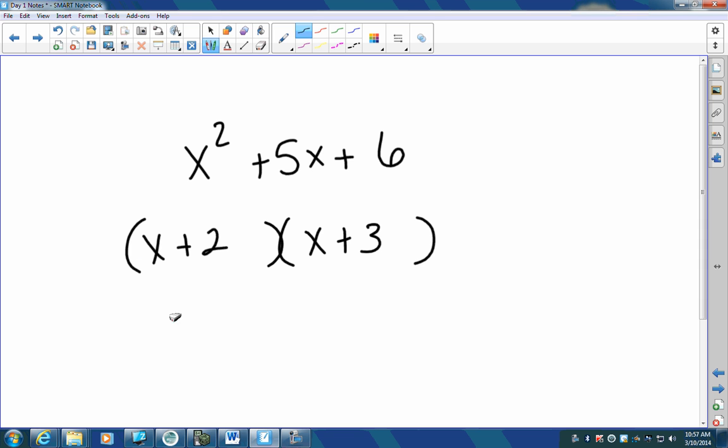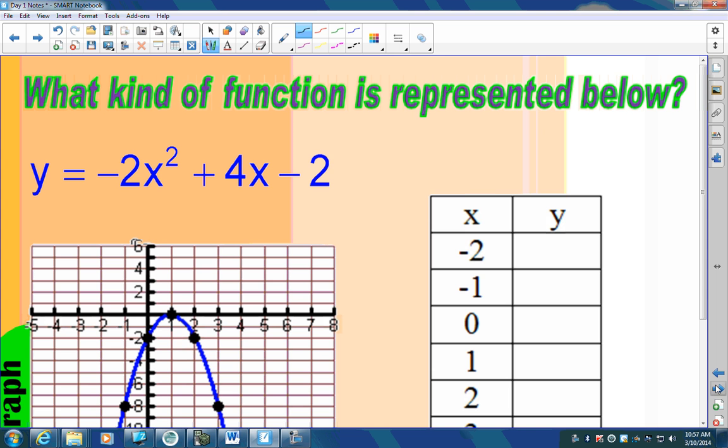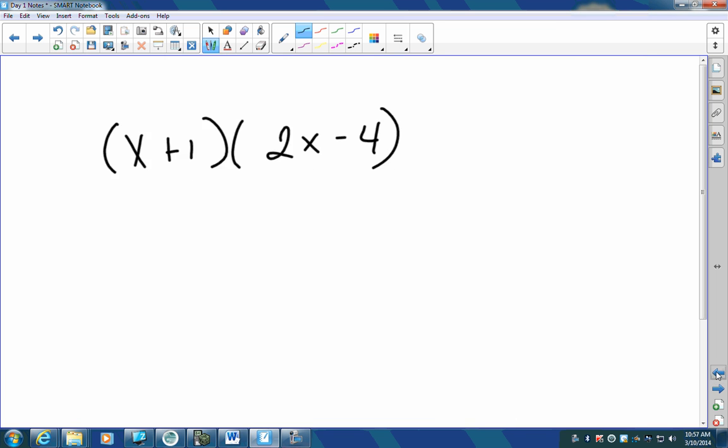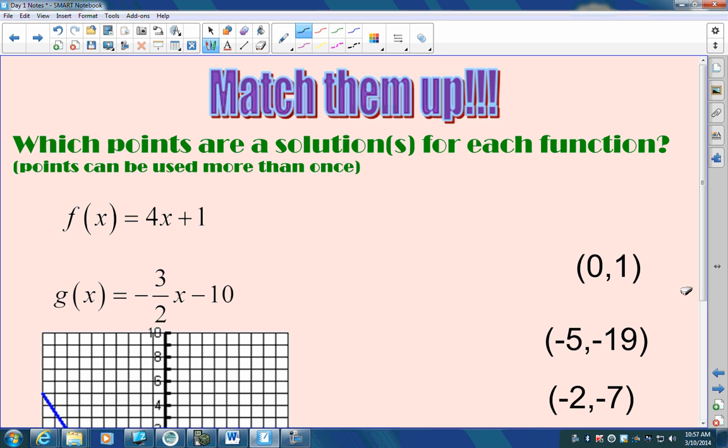Now what we have to do is tie everything we've done together and pull it together: why do we do this? What is the reasoning? Where do we go from here? So one thing we need to review is this. It says, which points are solutions for each function? Well, when it asks you for a solution, what does that mean? If it's an answer,